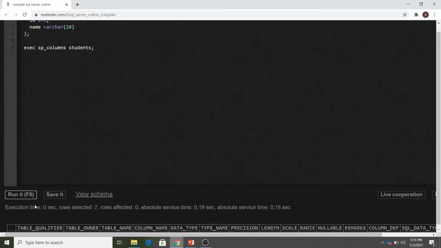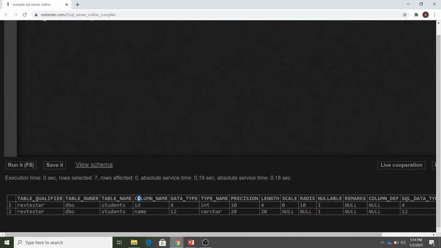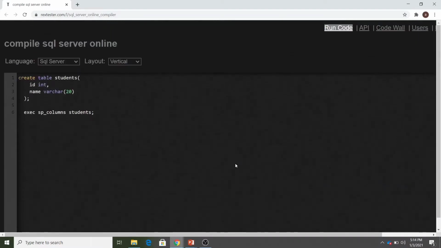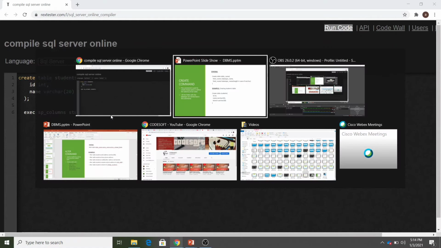So if I run this, you can see we are getting a table, and inside this column name field you can see there are two columns present. First one is ID, second one is name, and the type is also mentioned, int and varchar. And if you go on to the length part, you can see the length is also mentioned: 4 bytes for int, that is the general length of the integer type. Similarly, a varchar is a character array, and if it has a length of 20, it means it can store 20 characters, and since each character is 1 byte, the length is 20 bytes written over here. So this is how we can create our table using the create command.